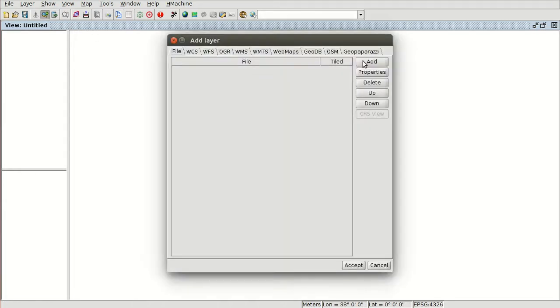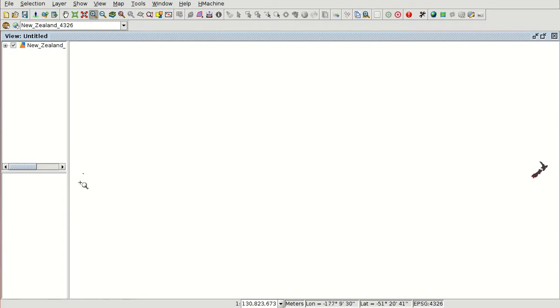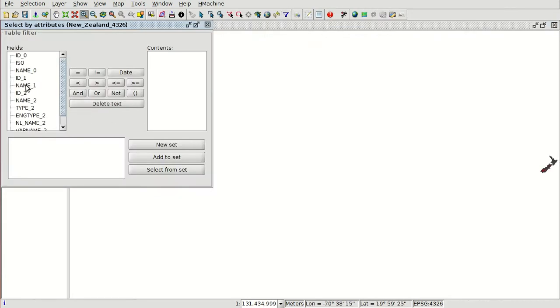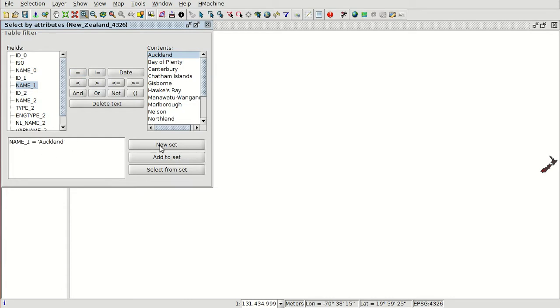We are going to add a new layer, module 14, New Zealand shapefile, and here we have the shapefile. They are the two main islands, and we are going to look for the Auckland area in our table. We can use, for example, the filter. We have to put the layer active, and we are going to choose the select by attribute tool. We are going to double click on name 1 to write the sentence, then only one click, and then double click on Auckland. Here we have the sentence, new set,